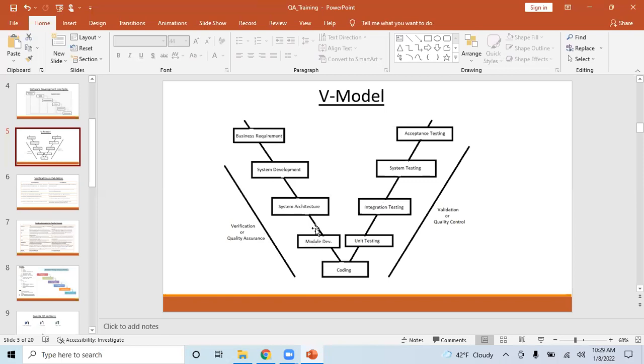verification is whatever you do manually. In this V model, consider what kind of checks you do internally during business requirements. You do verification, not validation, because a business requirement is a document that you verify, whereas code is something that you validate, right? When your application performs something, your code takes inputs and gives some output. That is validation. Anything which involves working stuff like code or the product, when you test that, it is called validation.